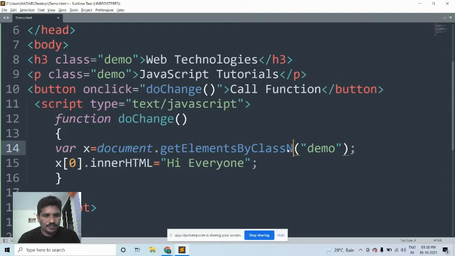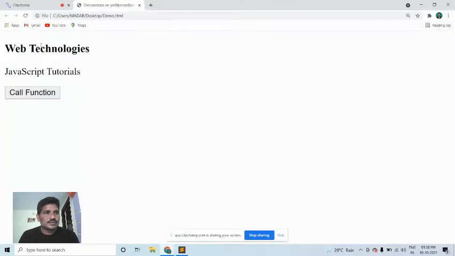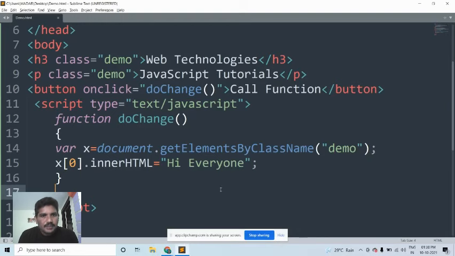Class. Get elements by class name. We will see. Refresh it. See here, it was replaced by hi everyone, because here, sorry, it is get elements by class name.